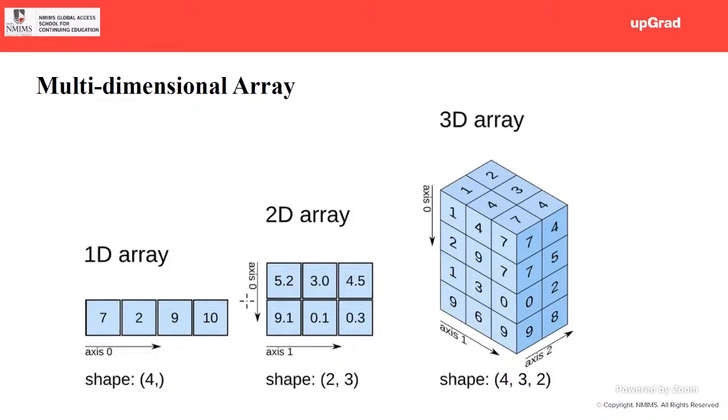All right. So now the 2D array: it is the number of rows and the number of columns I have. So I have 2 rows and 3 columns. So here my shape is 2, 3. My tuple is 2, 3: number of rows and number of columns. Don't do it in reverse, CR. It is always RC. Even if you're referring anywhere, refer to it as R, C, number of rows and number of columns. Now here in the 3D array, I have 4 rows, 3 columns, and 2 on the z-axis. So 4, 3, 2.